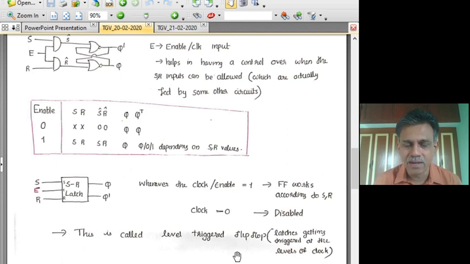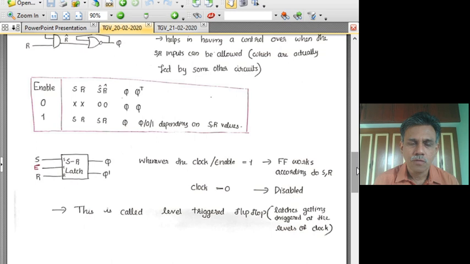So again, to re-emphasize, when we talk about flip-flops at this stage you have to be careful. If we denote it as a level triggered flip-flop, it is just a latch. If you really mean that it is activated by a transition, we will use the extra adjective and say edge triggered flip-flops.